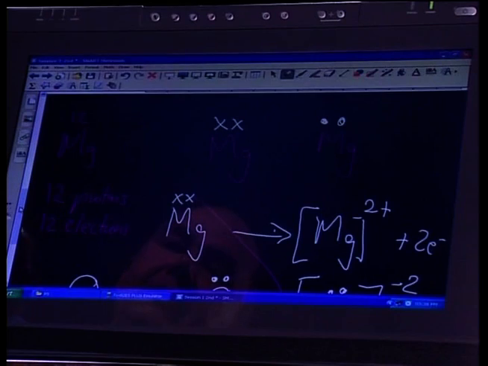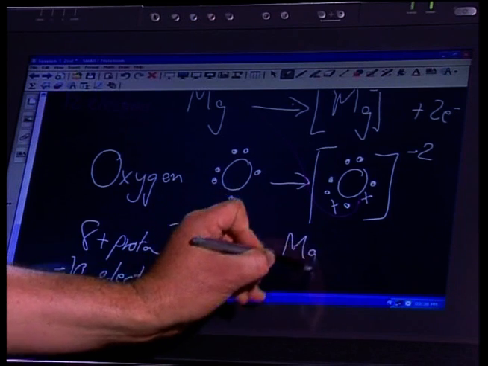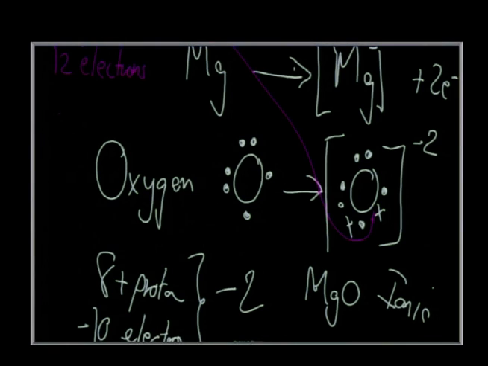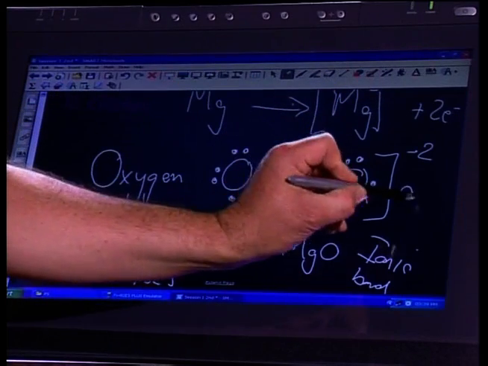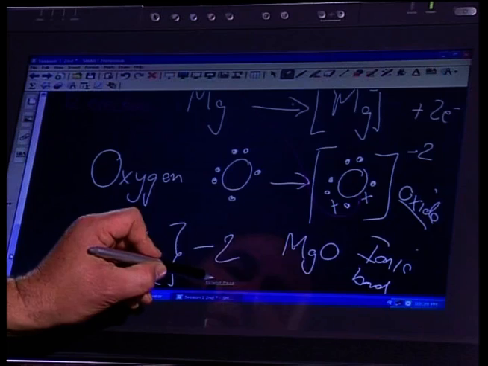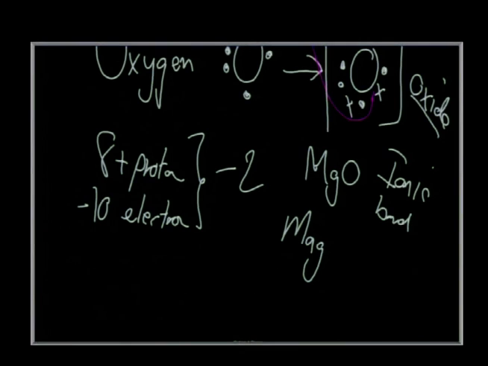That's magnesium oxide, and what we would say is that bonding, notice, is between a metal and a non-metal. So magnesium oxide is an example of an ionic substance. It has an ionic bond because it's held together by the attraction between the positive magnesium and the negative oxide. This is oxide. Please notice the oxygen changes its name because it's now bonded to magnesium. We write it as magnesium